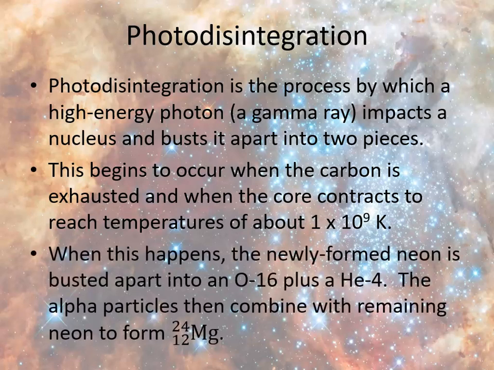It's kind of like it's undoing some of this nuclear fusion. So, for example, this neon-20 might end up getting busted apart into oxygen-16 plus an alpha particle, but that's not completely undoing things. These extra alpha particles that are being created, remember, it had been a carbon core before, but now we have some of these alpha particles back. These alpha particles can start smacking into some of these other neon nuclei to create things like magnesium-24, and further